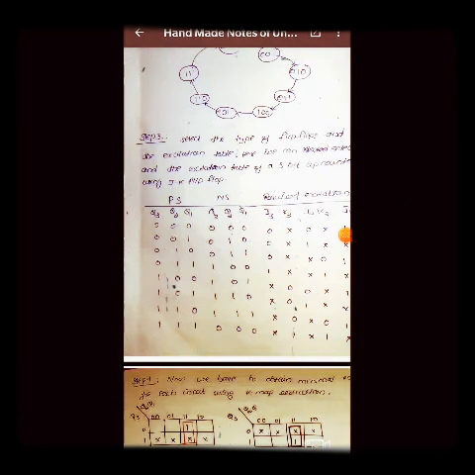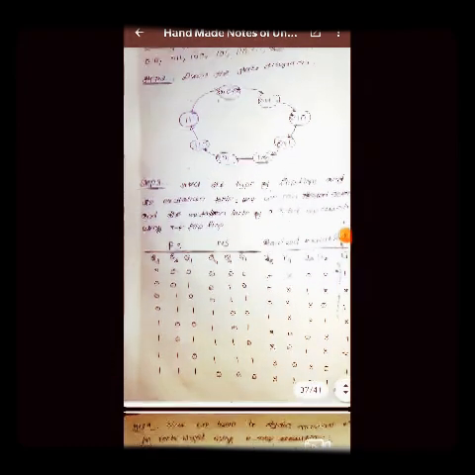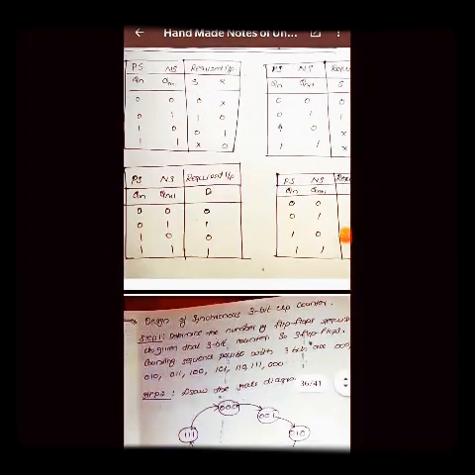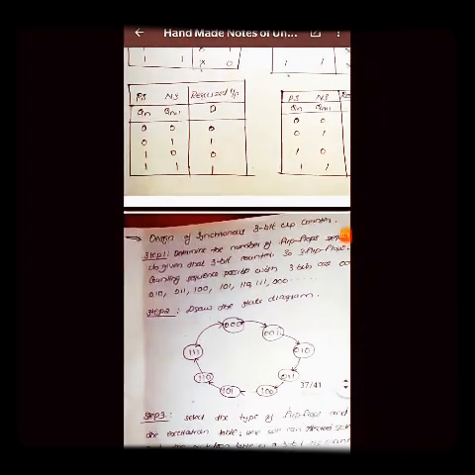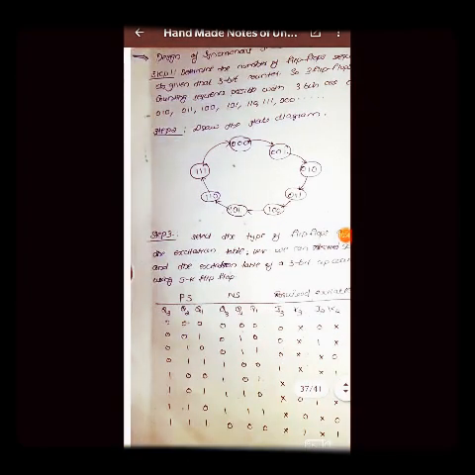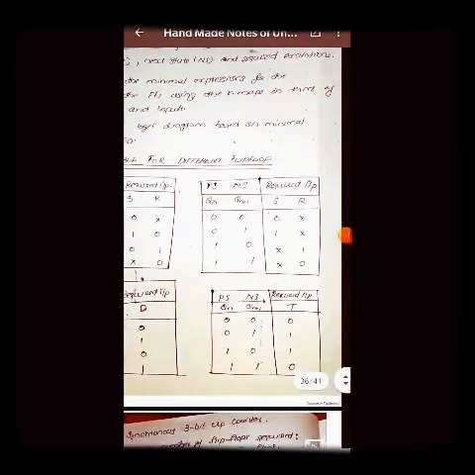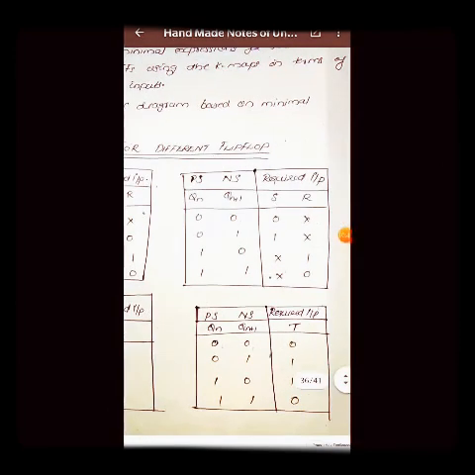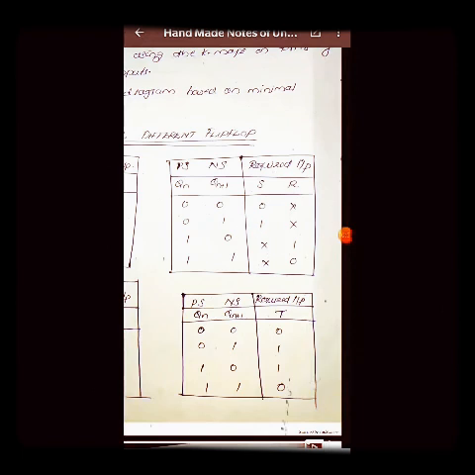It means Q3 values are 0, 0. So you can see in the above table, we are actually making this for JK flip-flop, as you can see in step 3. So you need to see this JK flip-flop. This is a JK flip-flop, not an SR flip-flop. What are the values of present state and next state?